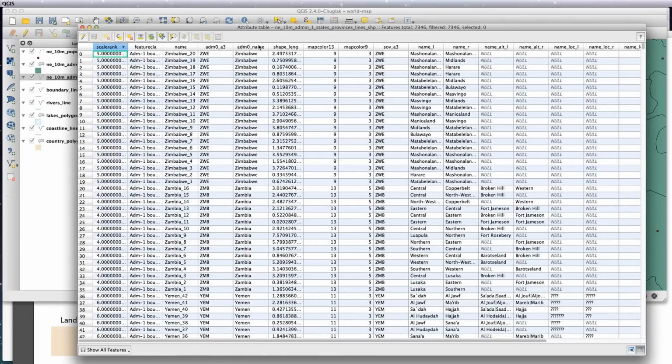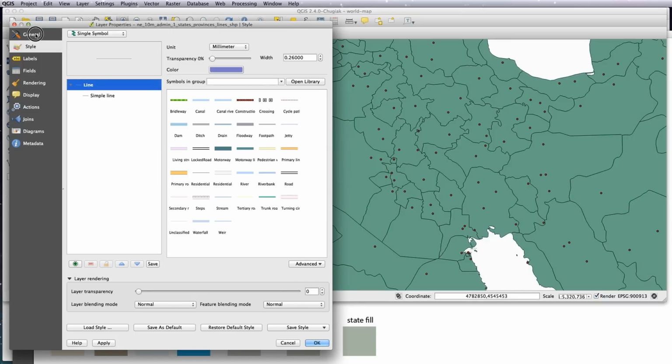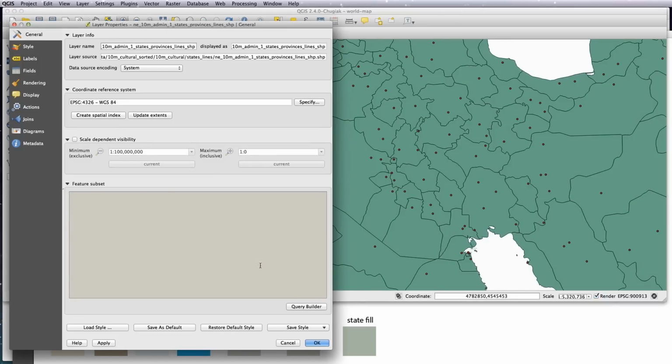But the important one is that it's got the admin 0 name. So basically it's saying whatever line is on the map, this is the country it belongs to. So we can use that in order to turn off the ones we don't want. So to do that, we double click on the layer and click on General, and you see this big grey box here with the Query Builder button. Now this is going to look a little bit scary because it's all to do with scripting and writing essential, very basic code in order to achieve what we want. So let's click on Query Builder,